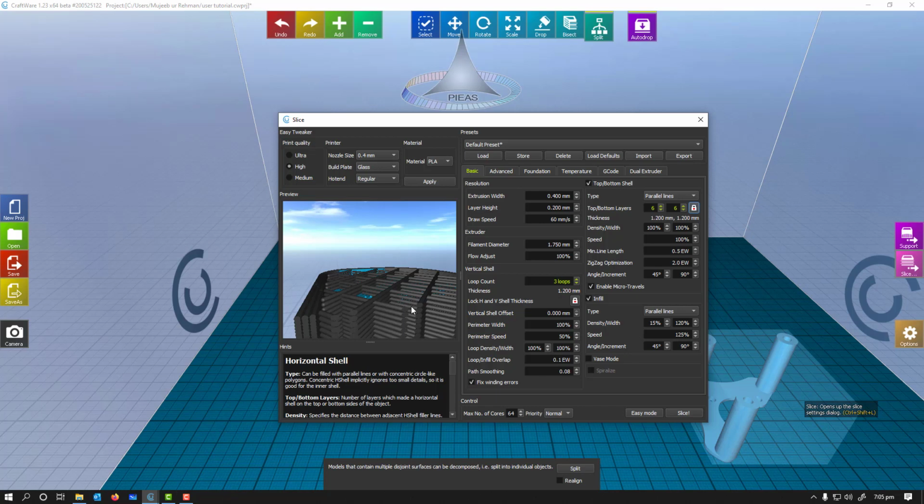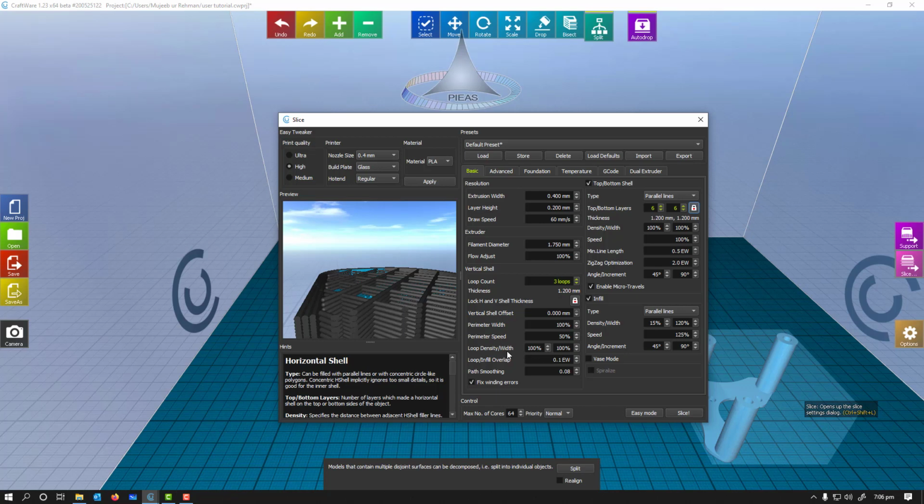So remember that you are gonna increase the speed for the infill so that infill layers are printed faster than the parameter layers.